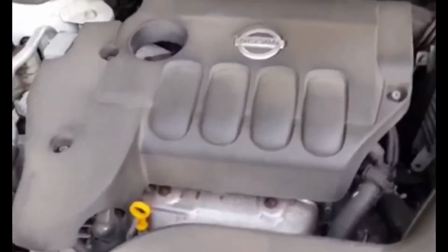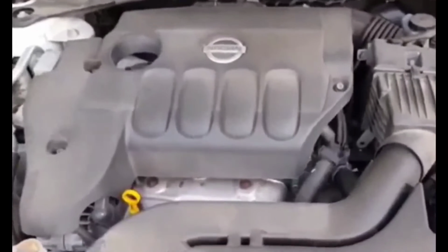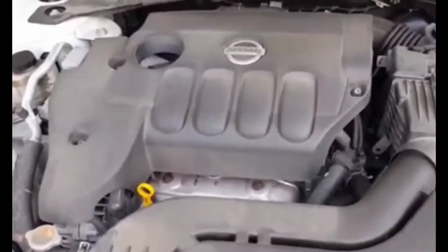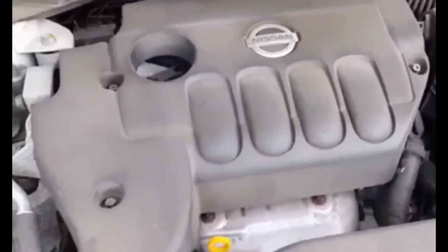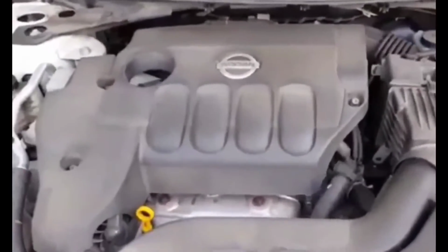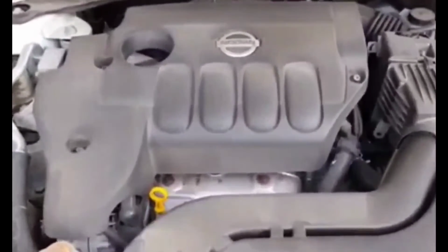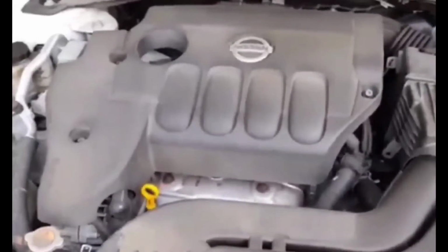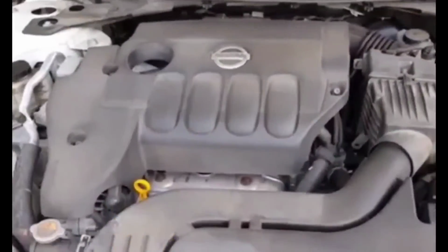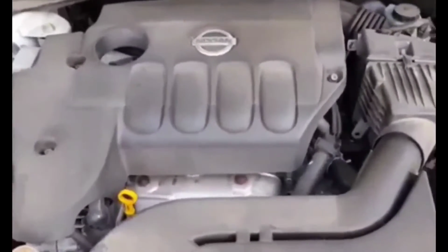Okay, so basically, if you have this issue, you have an intermittent issue with acceleration. And it kind of does have something to do with limp mode, but I'm going to have to give you a whole entire background on this, because it's not as easy to explain as you probably want in a video where you want to get it fixed. In this situation it could cost you a whole ton of time, a whole ton of money, taking your vehicle to different places, garages, shops, even a dealership. A lot of times even they have issues trying to figure out what the problem is,